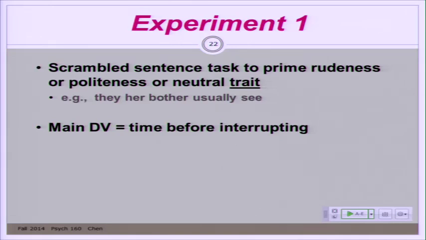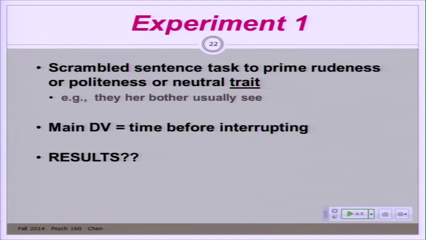Okay, and is this going to be affected by what he or she was primed with? You with me? Okay, and the way they measured that was how long it took before they said, excuse me, I need the next task, how long it took before they interrupted this planned exchange between the experimenter and alleged other participant. And the upshot is, and you can get the exact results in the paper, that people primed with rudeness were more likely to interrupt than participants in the other 2 conditions,